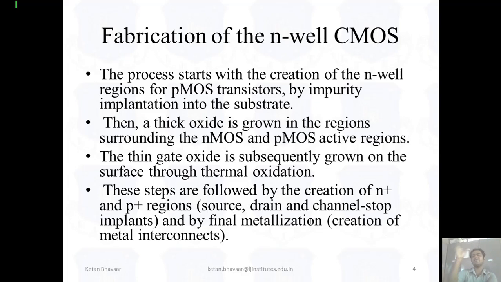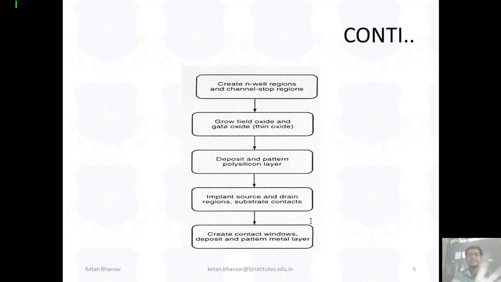And after that we finally create the metallization connection, which is how your IC actually looks, or how a specific MOSFET is designed. So as you can see, this is just an overview. This is not a complete flow of NMOS or N-well fabrication. It's just an overview of how you start designing any fabrication technology.